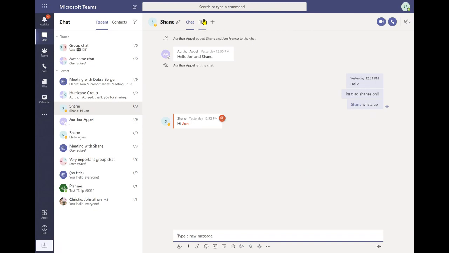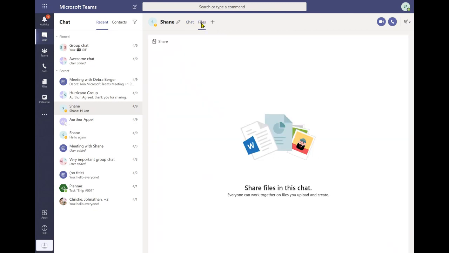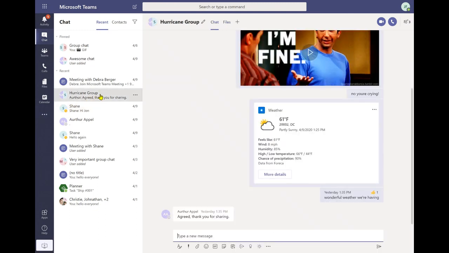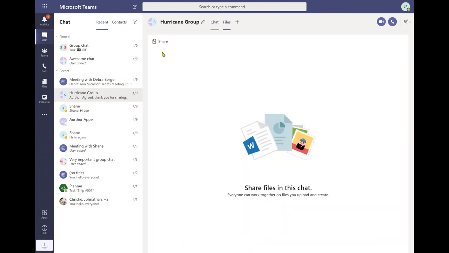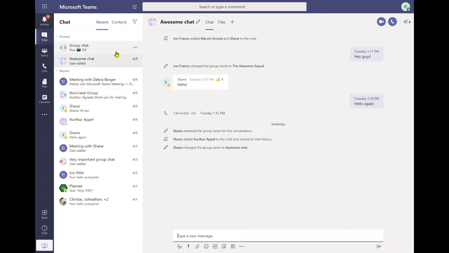If we go over to the next tab, which is the Files tab, this is going to be dedicated to storing every single file that you've shared with that person in the specific group chat or one-on-one chat. All of those files will be stored here in a much more organized fashion. I will go ahead and show you an example of that. If I go to Files, let's go over, I believe,